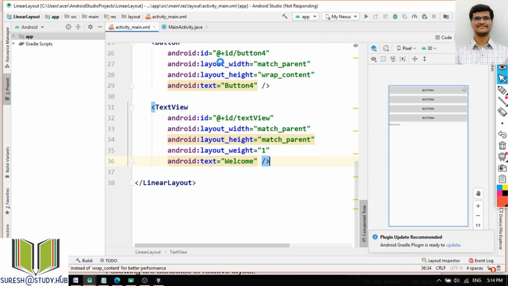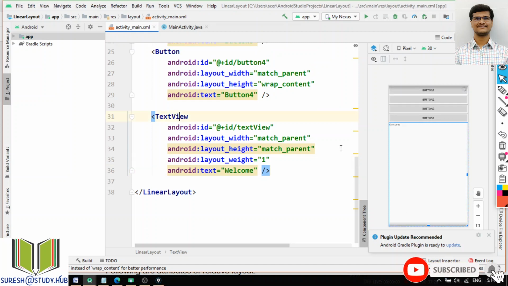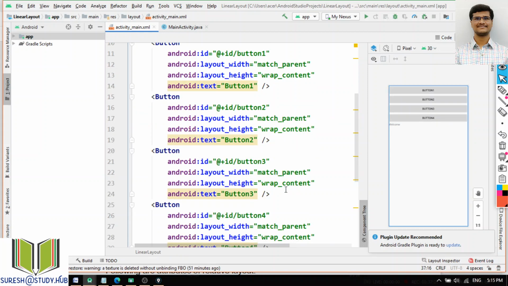So this is the difference between horizontal layout and vertical layout. Okay. So you can observe over here.